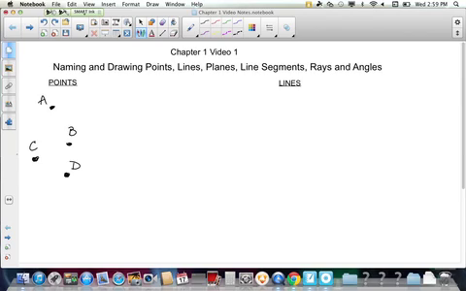Now, when we name this, we just write the word point, and we might say point A, or point B, or whatever, point C. Put the word point with whatever letter it is that we want to use to identify. Okay? So that's point. A line, okay, a line is a group of points, a group of infinite points